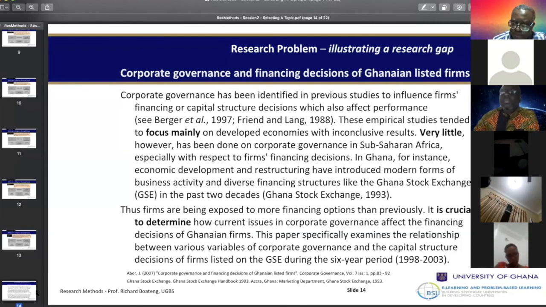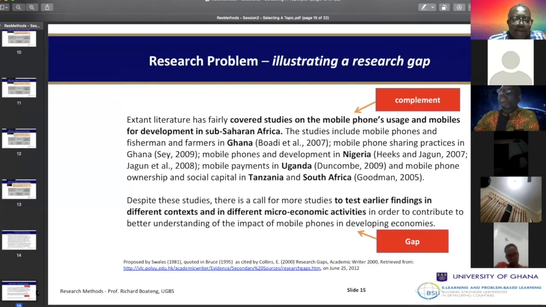Now, if you look at that, let's take another example. Existing literature has fairly covered studies on mobile phones and mobiles for development in Sub-Saharan Africa. So this one is talking about mobiles for development. The studies include mobile phones and fishermen and farmers in Ghana, mobile phone sharing practices in Ghana, mobile phones in development in Nigeria, mobile payments in Uganda, and mobile ownership and social capital in Tanzania and South Africa. So this guy is just taking stock of all the studies that have been done with mobile phones in Sub-Saharan